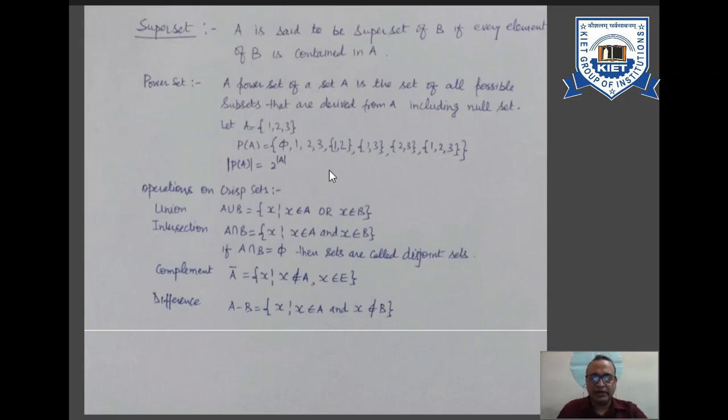So the cardinality of the power set is 2 to the power of mod A, the cardinality of A. Say for example, suppose we have 3 elements in a set, then the power set will have a total of 8 elements. So now friends,